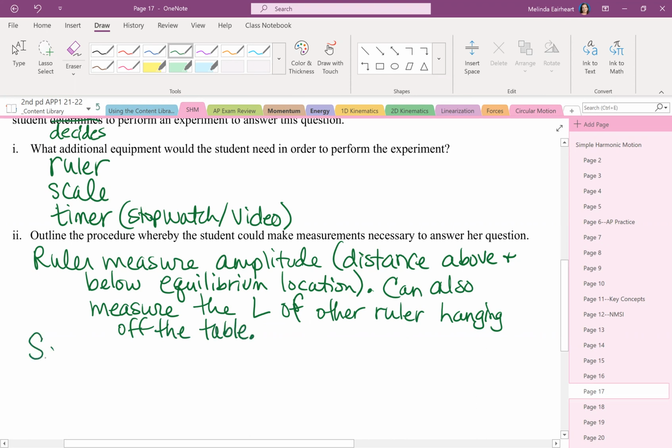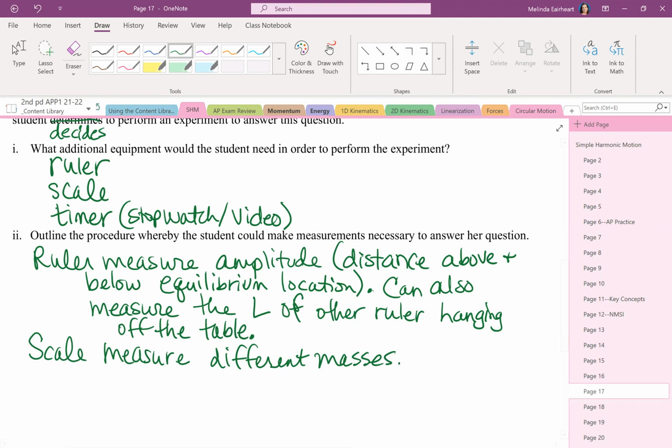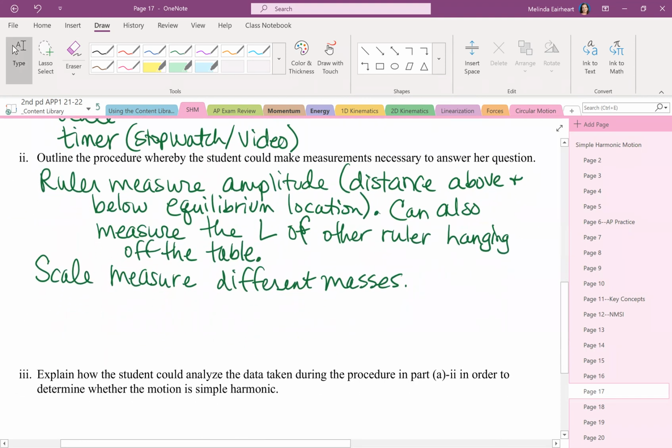What about the scale? Use the scale to measure the different masses. Do we need the mass of the board, the other ruler? I mean, we could. I don't think we need it. It's going to be consistent no matter what we do. Yeah. And then we'll need the timer or the video to measure